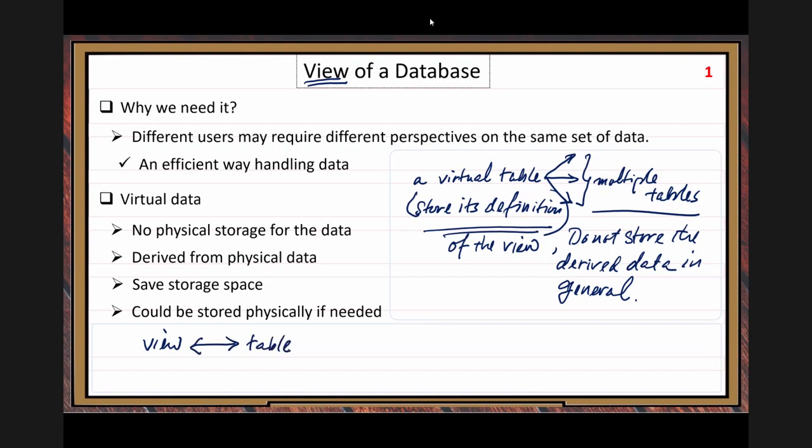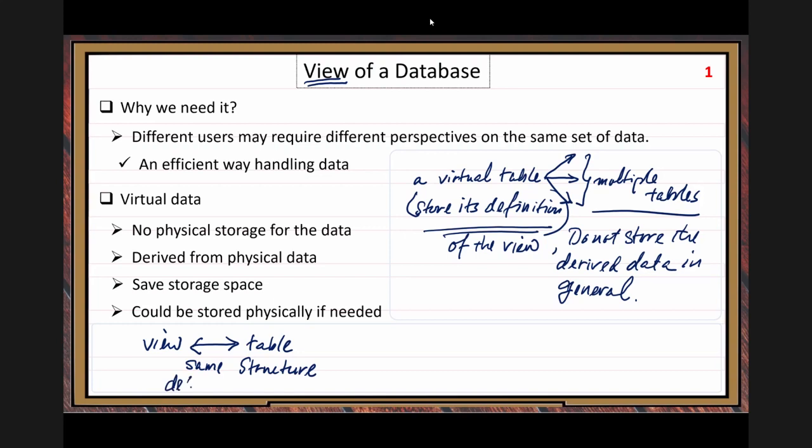Because one is physical, one is virtual. Structurally, they have the same structure. The only difference is when you write a definition.